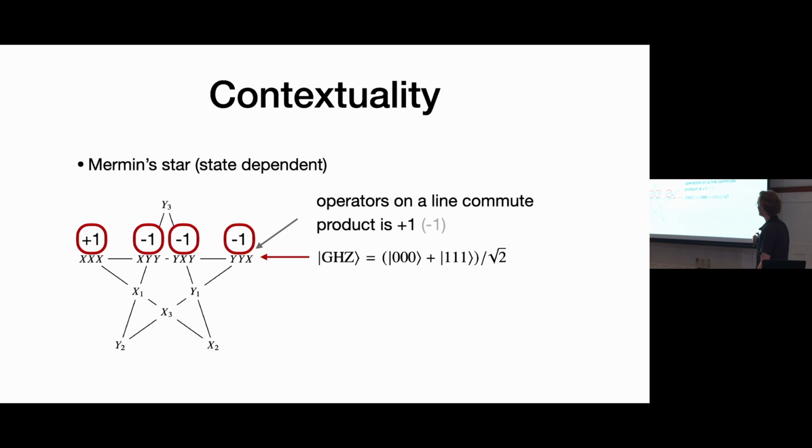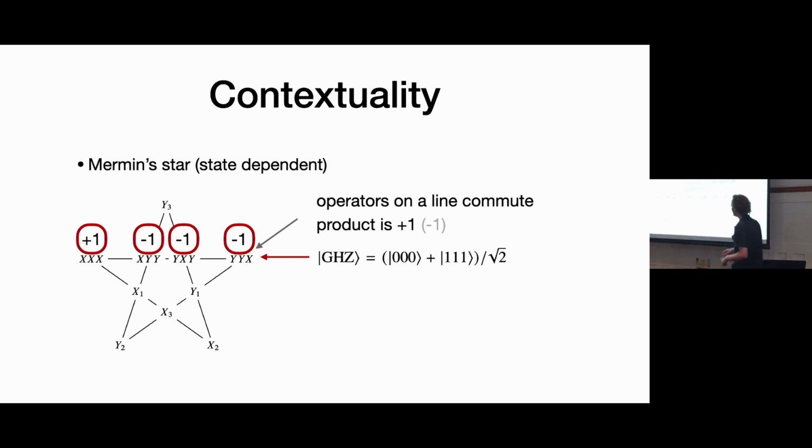Let me see if I got that right. The other three. Yeah, good. I think I didn't make a mistake. So these ones all give you minus 1, and it's important there's 3 of them because when you look at the product along this row, you should get minus 1. So plus times minus cubed is minus. Good.